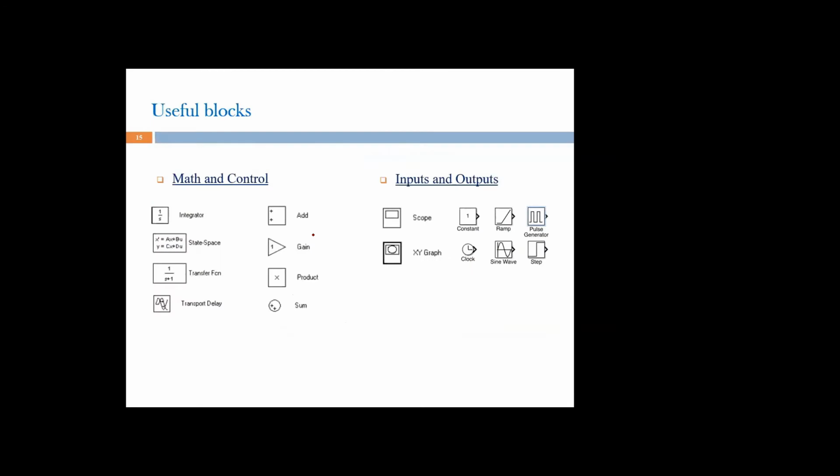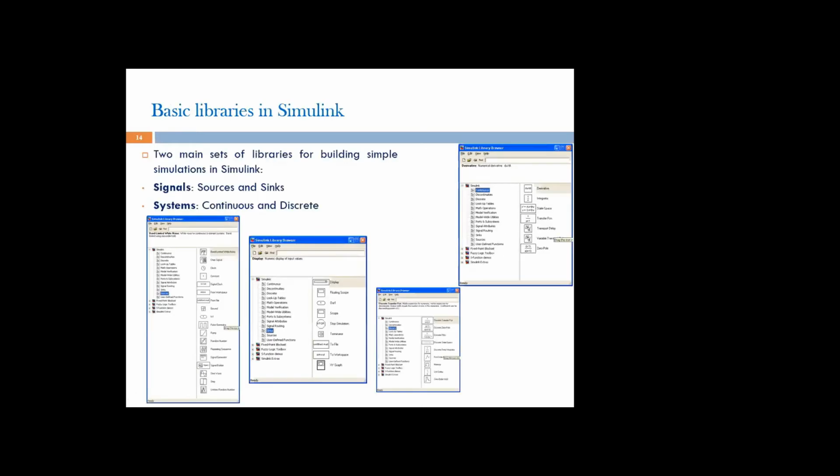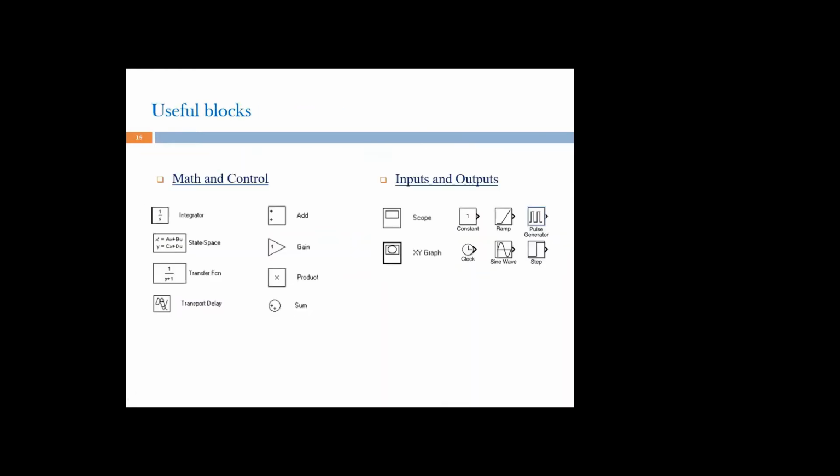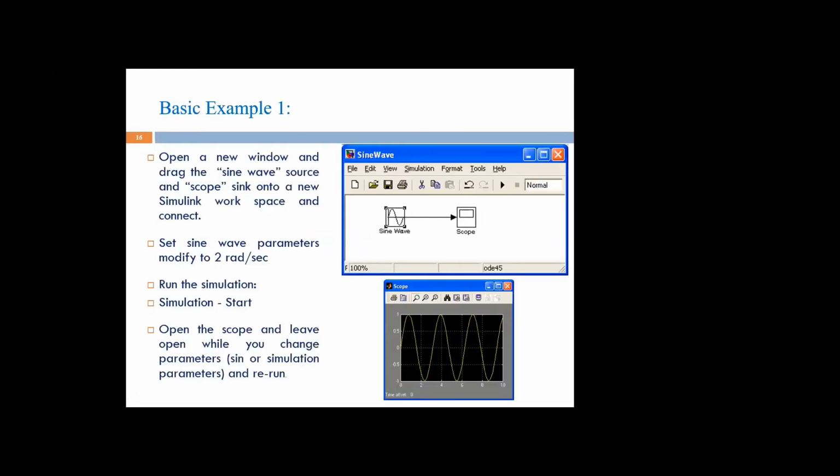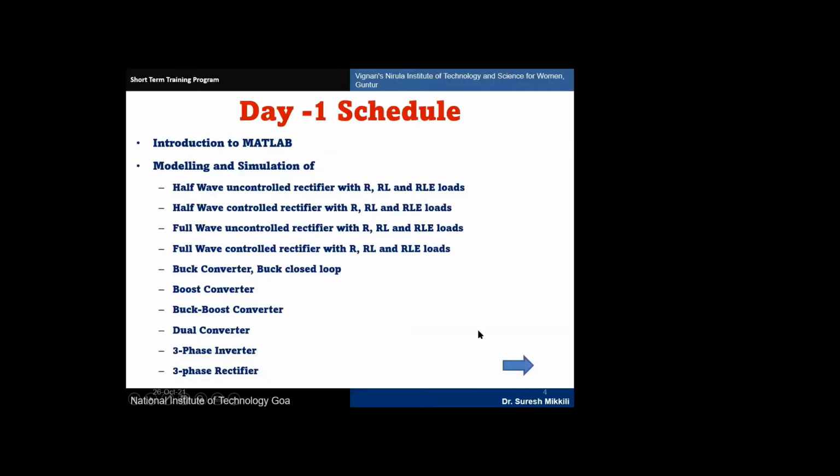In the Simulink library there are transfer functions, many signals, sources, continuous, discrete, all these parameters are available. Even if you want to do any system development like transfer functions, or if I want to design an integrator or differentiator circuits, you will have integrators, differentiators, even state space, transfer functions, all sorts of mathematical and control blocks, inputs, outputs, source, sink. All sorts of inputs are available here. So without delay, I will take you to MATLAB.